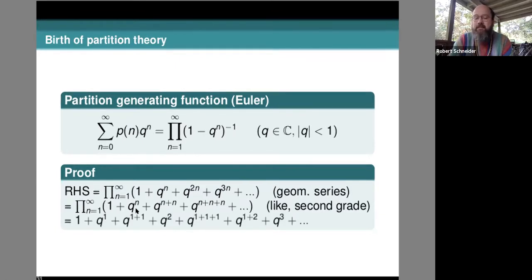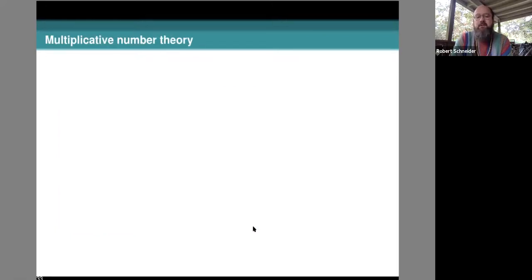That's the proof. And then what we see here is that when we sum these up over all of the different n's that we can make sums out of, each of these is a partition of each integer. That is, you pull a factor for each n, you pull q to some number, those multiply together, and when you expand them, you have the partitions. That gives you the left-hand side when you collect coefficients.